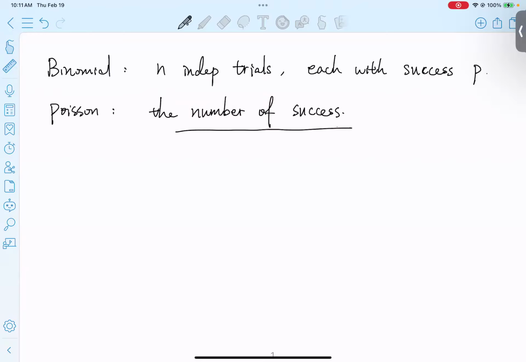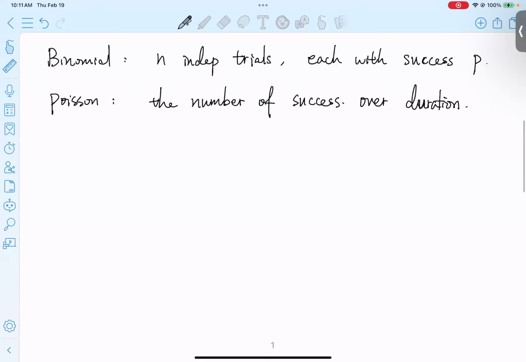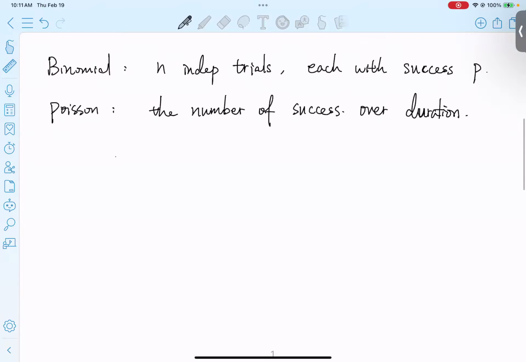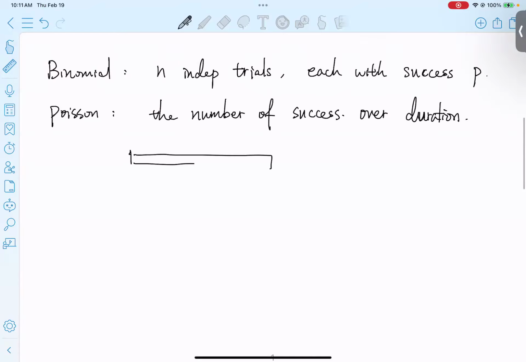So this is kind of like the number of heads that you can get over some duration. Usually the Poisson distribution is more related to the time until, or time intervals, that kind of question. So back then we related them as when we cut a window with 60 time slots,